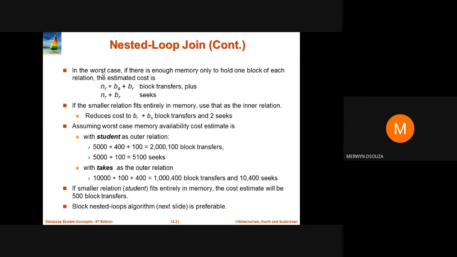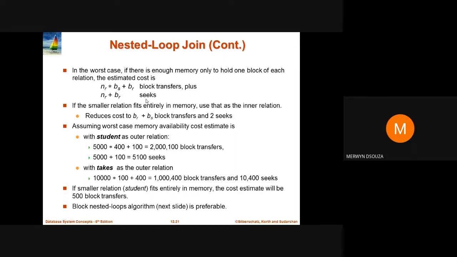In the worst case, if there is enough memory to hold only one block of each relation, then the estimated cost is NR into BS plus BR block transfers, where NR is the number of records in the relation R, BS is the number of blocks in the relation S, and BR is the number of blocks in the relation R. The number of seeks that will be required is NR plus BR.